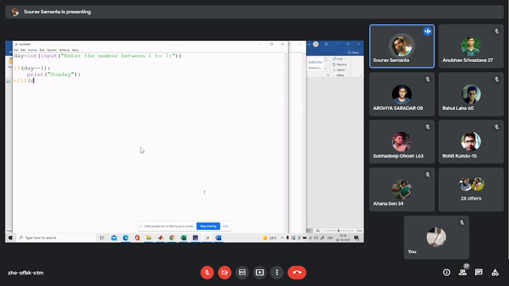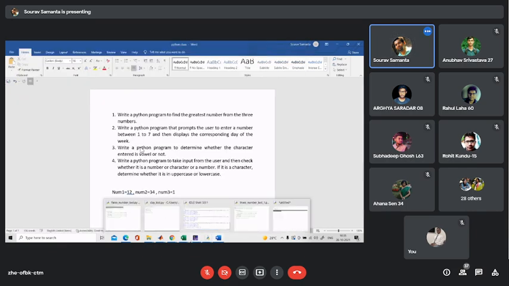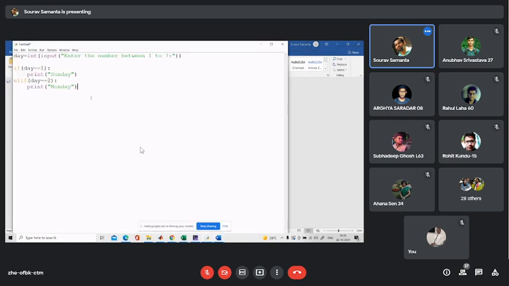Next, we check another if else condition. So day 2, okay, no colon after the print statement. So next one is the Tuesday.